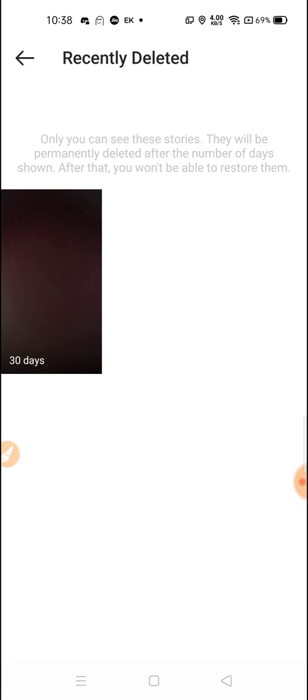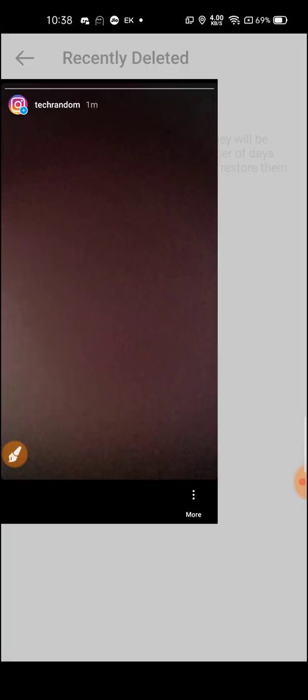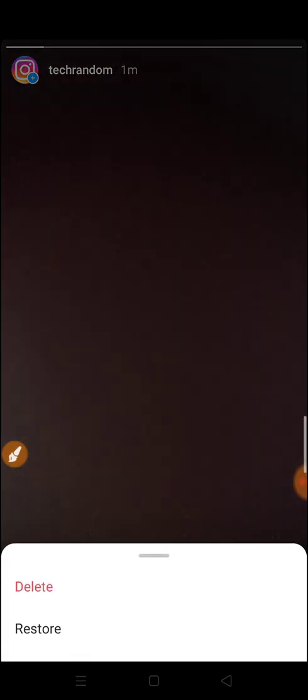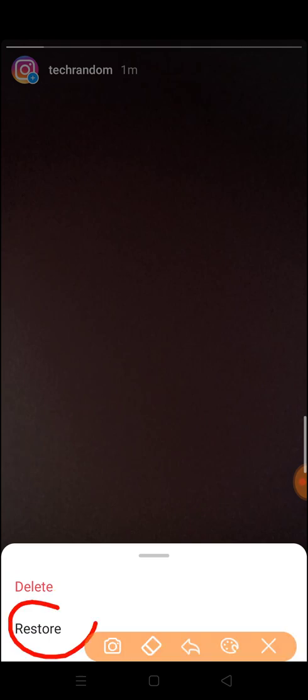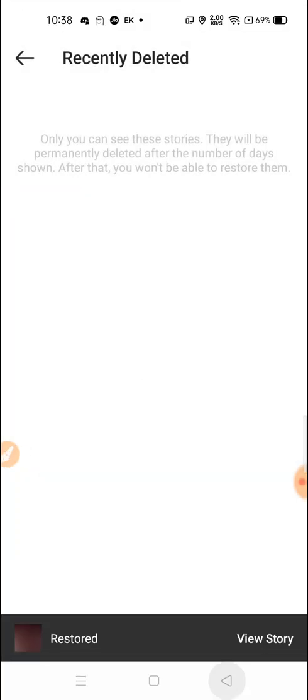So to restore this, what you need to do, you have to simply tap here, and then click on these 3 dots on the bottom, and then here you will find an option restore. So guys, simply tap on this restore option and then click on restore. Updating, you can see here. So it's done. So just go back,